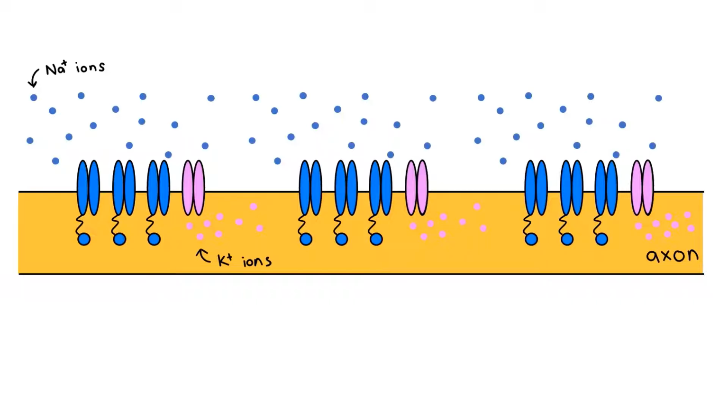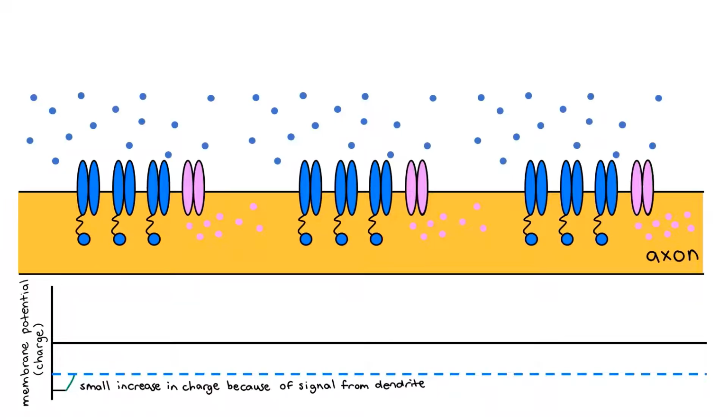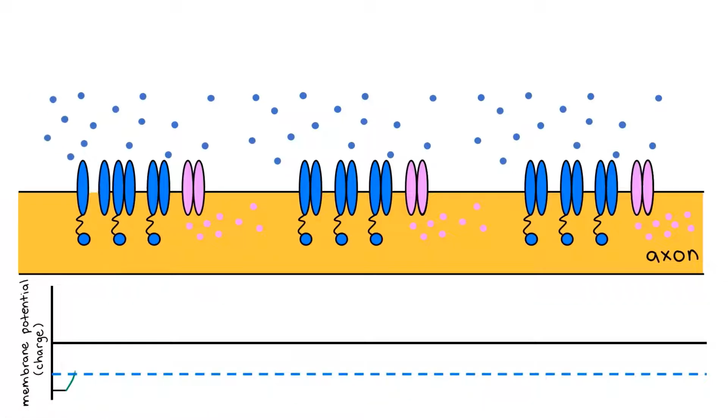What we can do with the neuron is measure its membrane potential, which is really just a fancy way of saying the charge inside the neuron. At rest, all cells, including neurons, have a negative membrane potential. However, if neurons receive a stimulatory signal at the dendrites, this would cause the charge to become a bit less negative. If this change reaches a threshold level of charge, represented by the dotted blue line here, voltage-gated sodium channels will begin to open. This causes sodium ions to enter the cell through the channel, which further increases the membrane